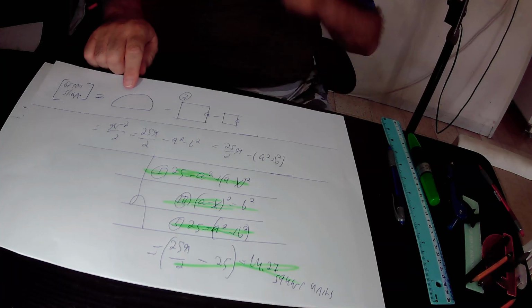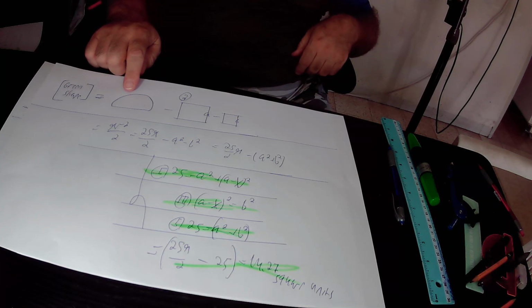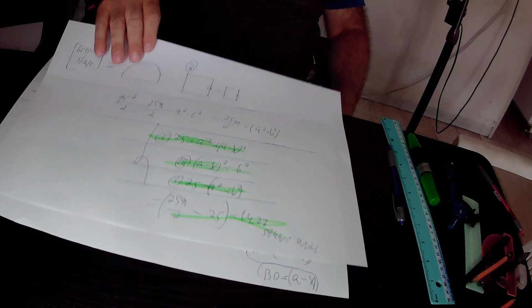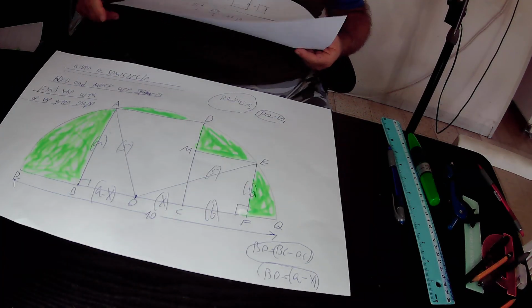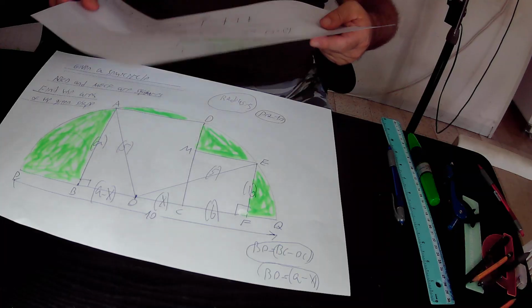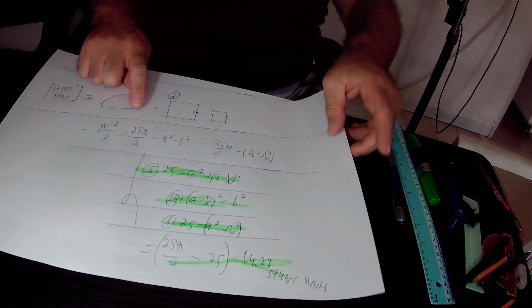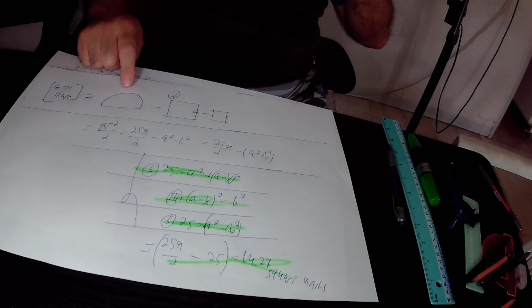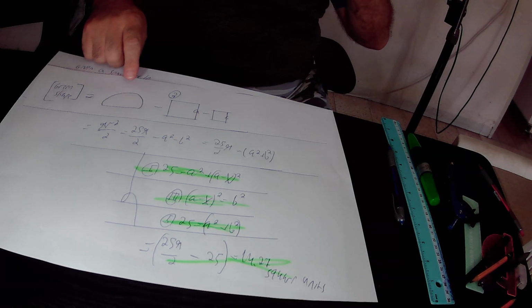What is the area of the big semicircle? The area of any semicircle equals the area of the circle over 2. That is to say, it is pi r squared over 2. But we have already found out that the radius r of this semicircle is 5. Therefore, r squared is 5 squared, that is 25. So pi r squared is 25 pi over 2. So the area of the big semicircle equals 25 pi over 2 square units in its size,